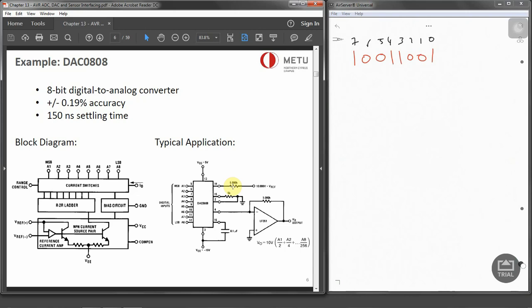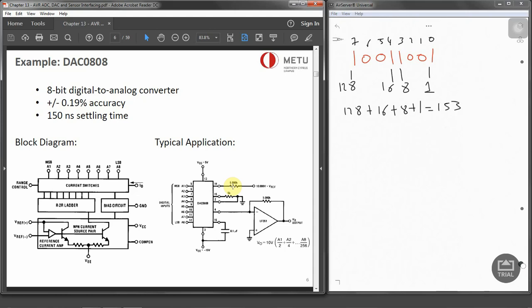Now this is 128, and this is 16, that's 8, and that is 1. And all we need to do is add these together. So 128 plus 16 plus 8 plus 1, which will give us